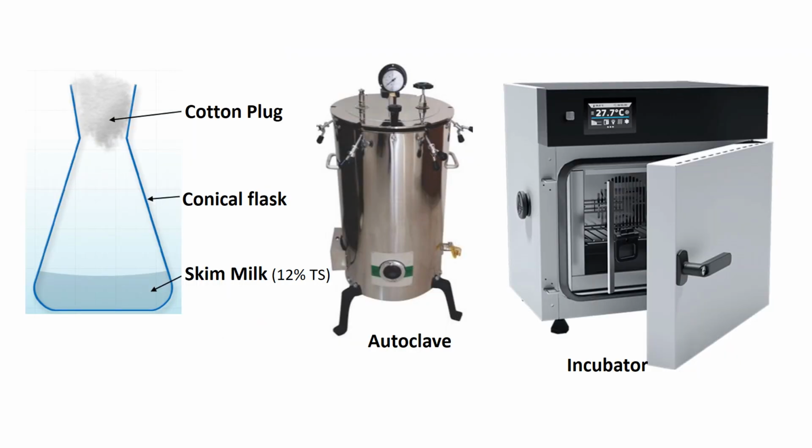Here is just a quick view of some of the common appliances which is useful to see for undergraduate students. You can see the beaker, and a conical flask where the milk is inoculated and plugged with cotton for propagation. We can see the autoclave, which is very important for sterilization of glassware especially. And on the last right side we can see the incubator, which is used for incubation for any bacteriological purpose or for incubation of fermented milk products, especially yogurt. We can fix a suitable temperature around 41-42 degrees Celsius for perfect fermentation.